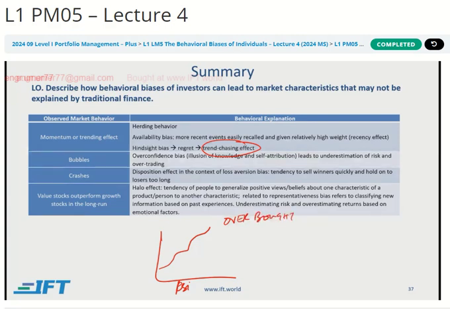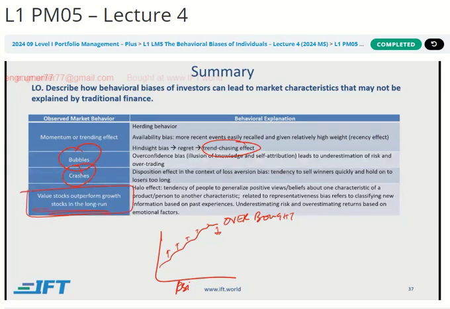But the point is, it's like throwing a ball in the air, right? It's not going to just stop immediately and start coming down. It's going to slow down first. So the rate of growth actually slows down. It's still going up. It's just that maybe it went up 10% in 1 week, then 7% in the next, and then 6%, and then 2%, and then 1%, and then it starts coming down. So if you understand these biases and then you're able to read it through your technical analysis, then you can obviously take positions on them and buy them when they are just picking up and sell them or short sell them if that's your thing when it's coming down, right? So you can really benefit from these bubbles and crashes.